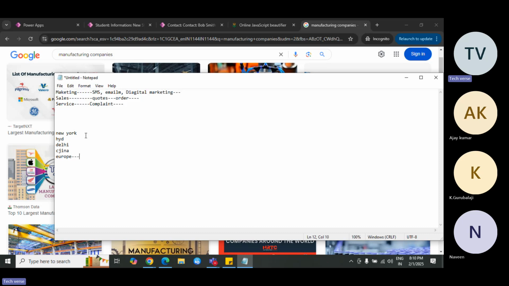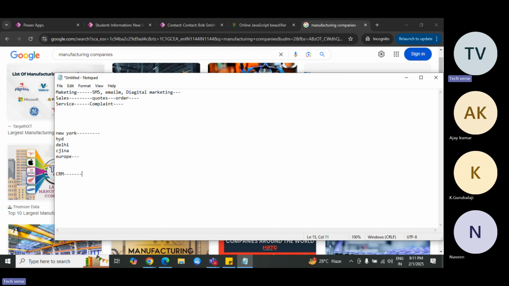But here, as a CEO of the company, as the management of the company, how can I track the Hyderabad team's activities: Hyderabad sales team activities, Hyderabad marketing team activities, Hyderabad service team activities? How can I track these activities? You are sitting somewhere, and if you want to track, you cannot go to each and every branch. So for that, we require one software. That software is called CRM software,